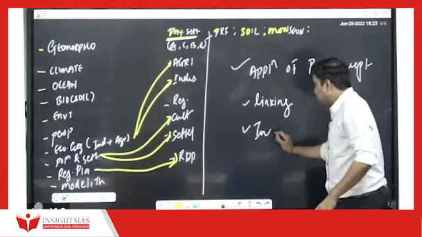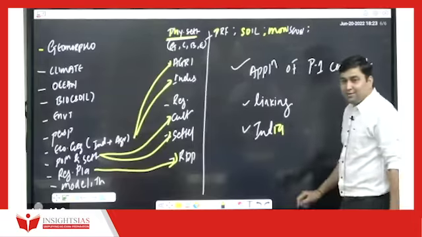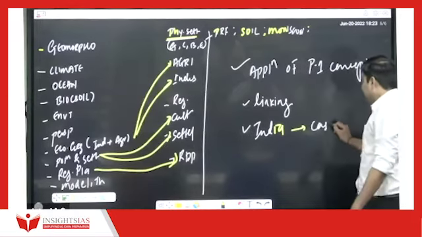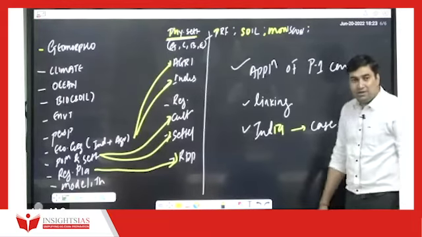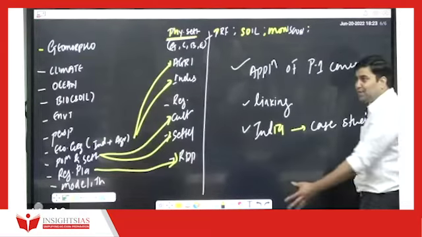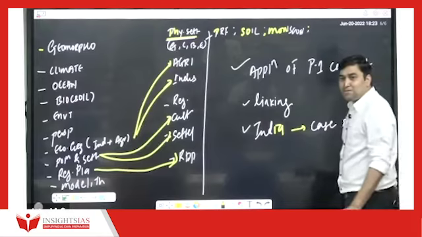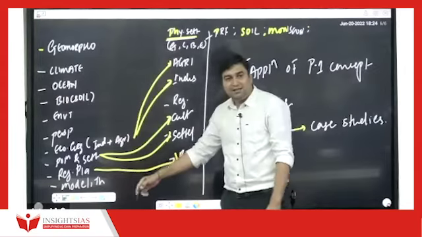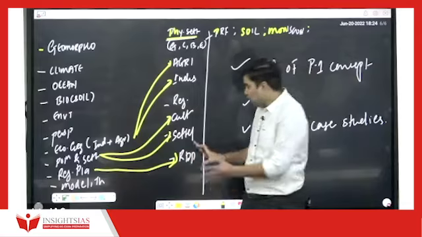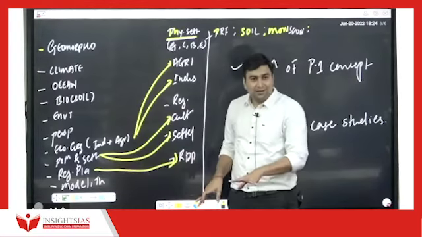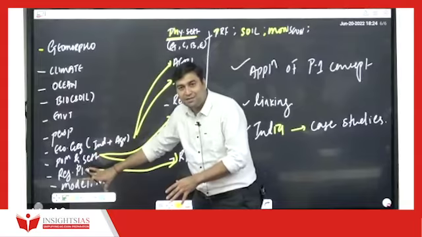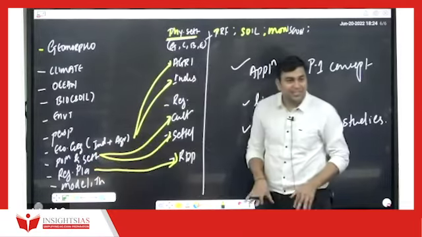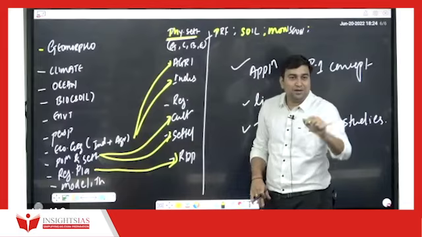Specifically, we have to speak in the terms of India. We have to have case studies and diagrams in Indian context. सही है ना? मतलब everything is related to India. Here we spoke about regional planning in various contexts. Here we are going to speak about only India. Base तो वही रहेगा ना? Thinkers, theories, everything is same. बस Indian context में apply करना है. That is what is paper 2.